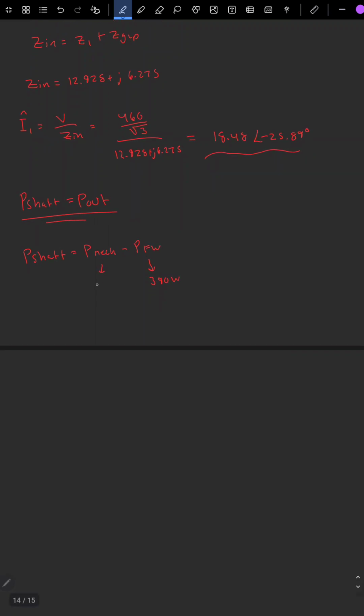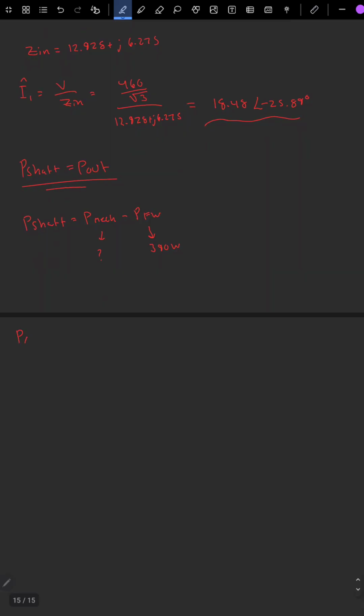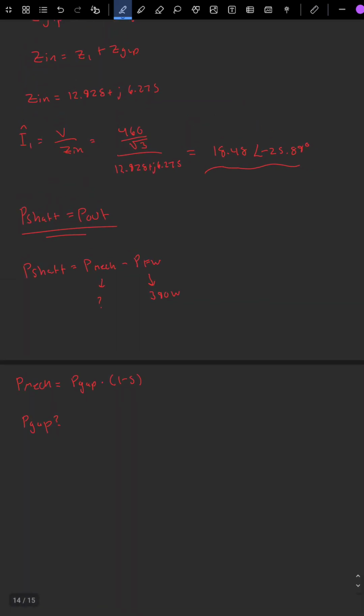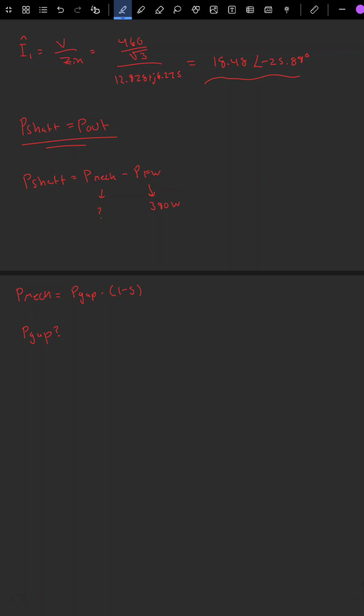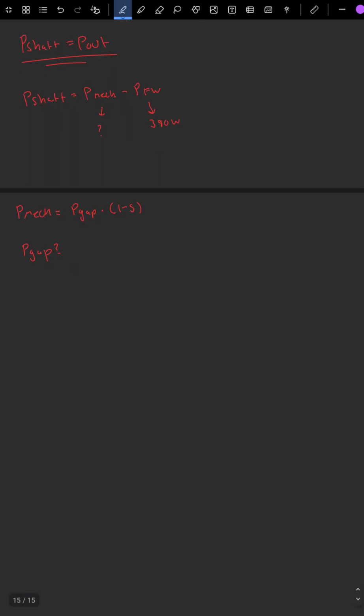So how do we find P mech? Well, we remember P mech equals P gap multiplied by 1 minus S. So we're going to have to find P gap. Now you might be saying to yourself, okay, so there were 3 equations last time. Which one should I use? Now, like I said, it's really up to the person. For this one, I'm just going to use